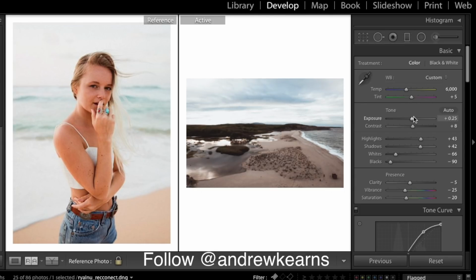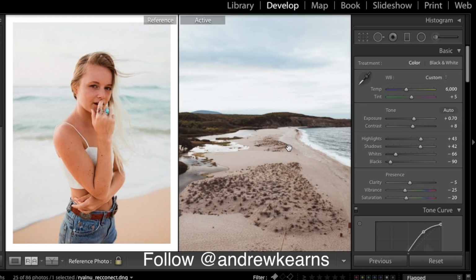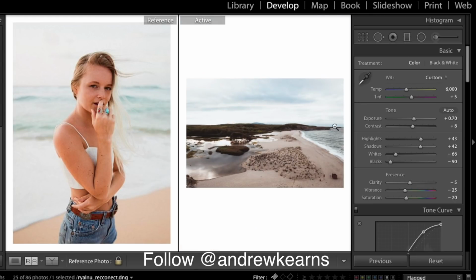So let's apply a more subtle one and a bit more exposure. And since we've really brought up our highlights and shadows, dropped our whites a bit, dropped our blacks, we're able to really get a washed out, bright image while keeping some contrast, and it gives those very bright beach vibes. So again, it's minimal editing, and we get those bright highlights that he quite often uses,